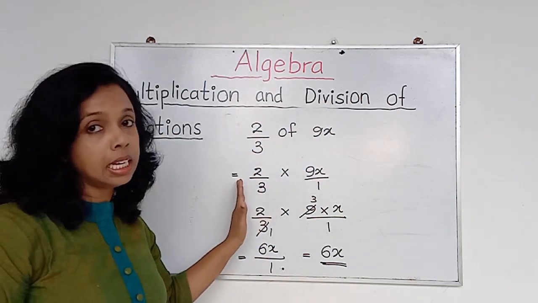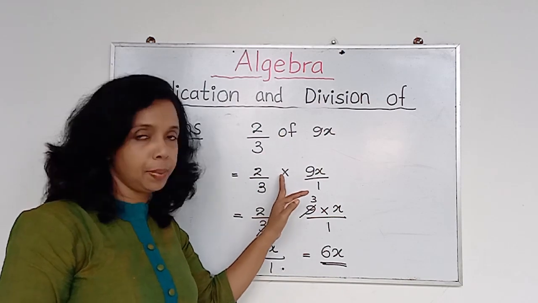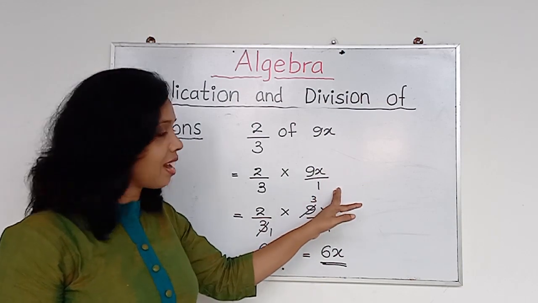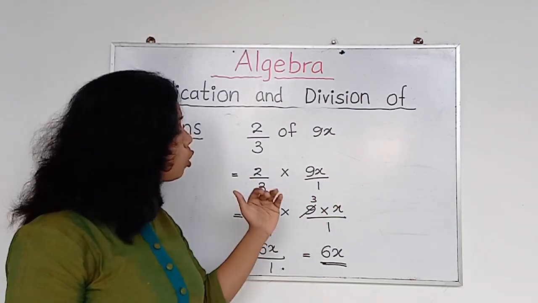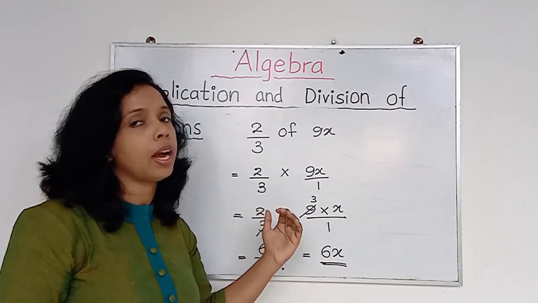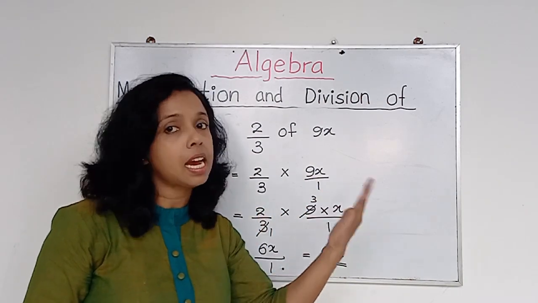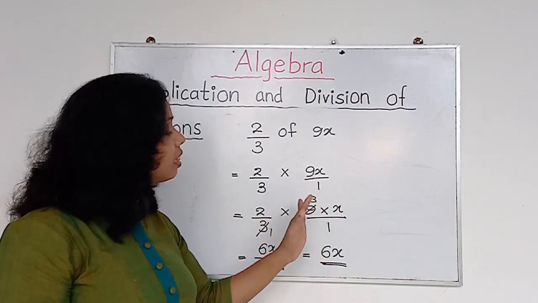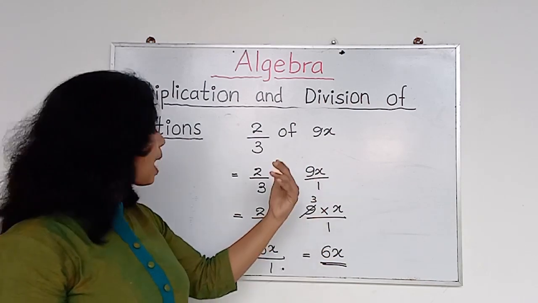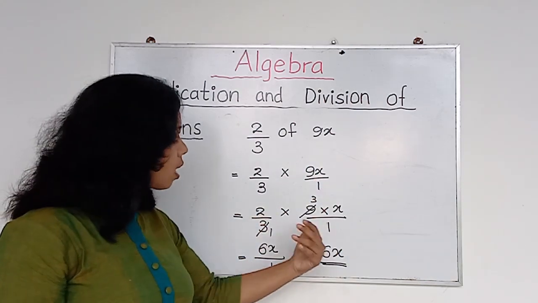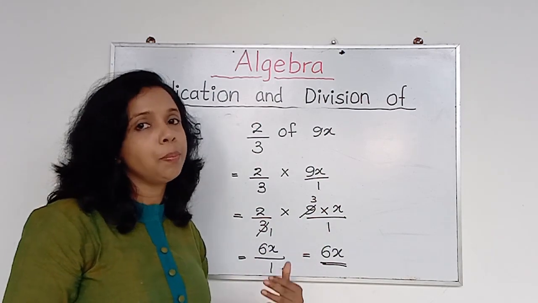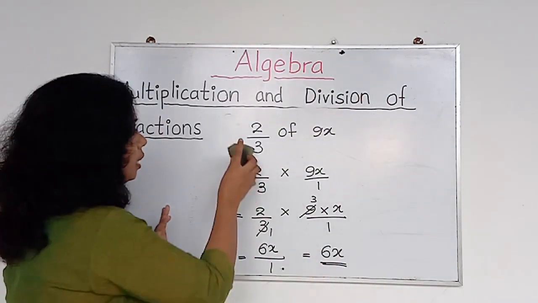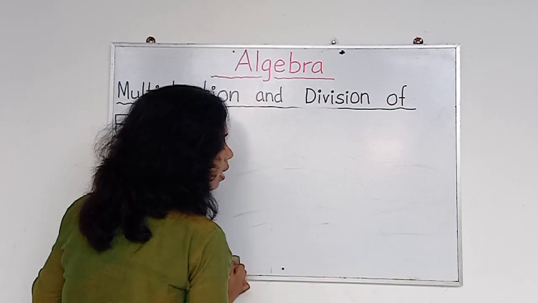Then 2 over 3, instead, I took the multiplication and I converted this 9x into a fraction, 9x over 1. Then I wanted to simplify to show you this can be simplified. I expanded this 9x as 9 times x. Then easily you can simplify 3 times 1, 3 times 3. Then 3 times x, 3x. 3x times 2, it is 6x. 1 times 1, it is 1. 6x over 1 means 6x. Right? So, let's do the final question. So, this will be the final question.